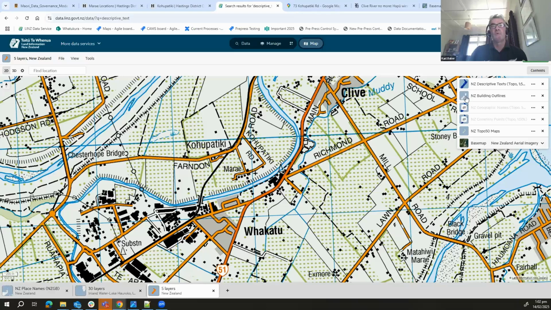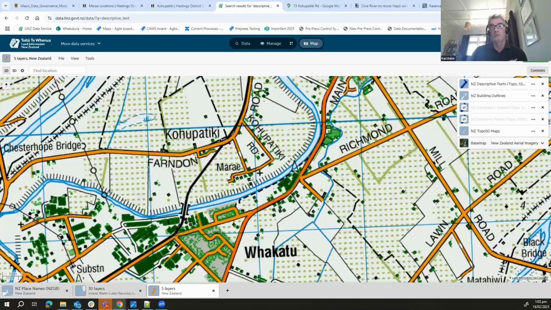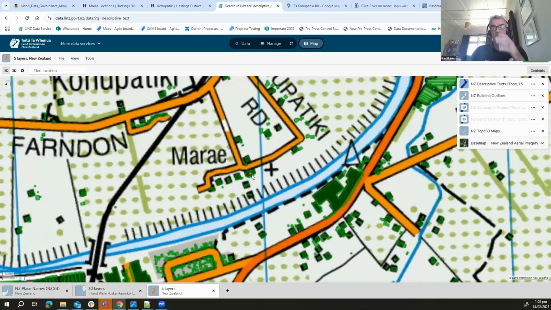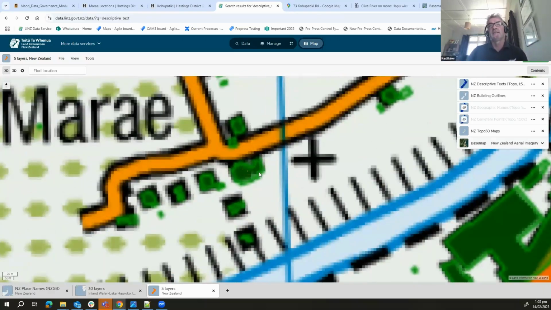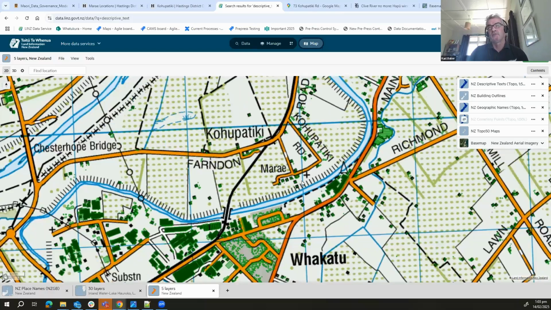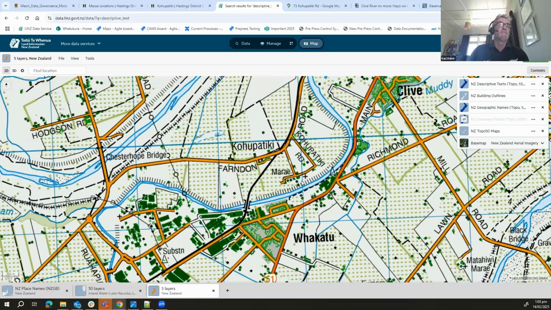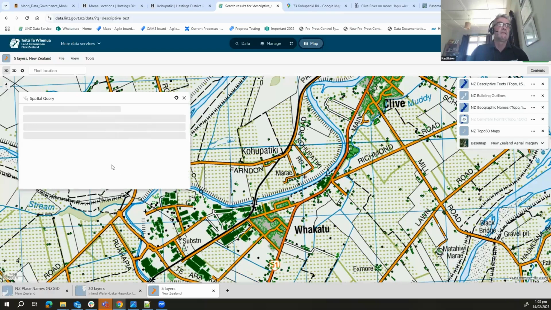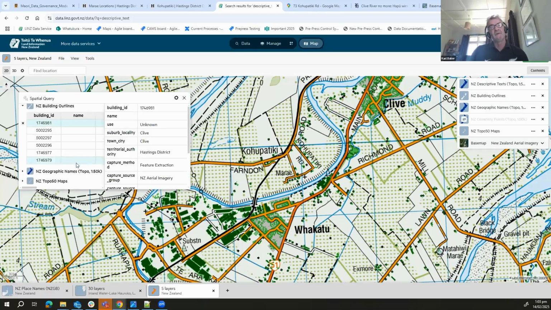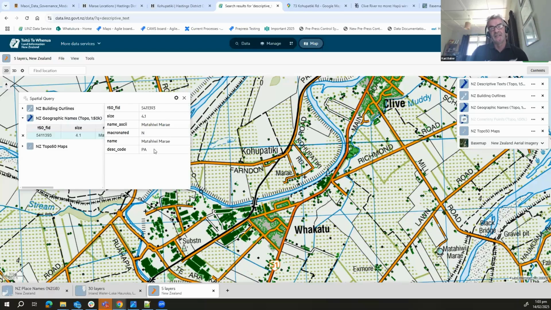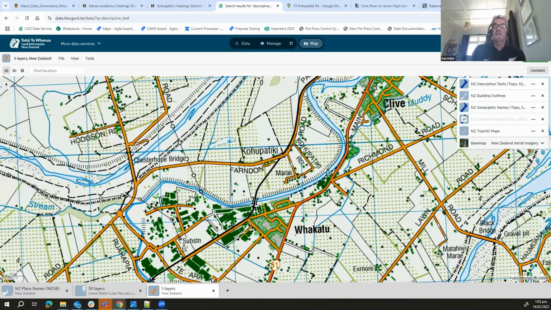We can add our buildings, right? But when we show our buildings, we show all those three buildings combined together, because when we capture buildings, we try and capture the whole country. We don't have the time to get into the detail of that. We have a geographic name, and if I go back out to the marae, and I'll get told off for showing this, we do a spatial query on that, and we look at our name, and we classify our marae as pa, and that's just wrong to me. So we know we're wrong. We're about to change the things we want to do, and we want the people who use our data to give us feedback around what we're doing here, right?